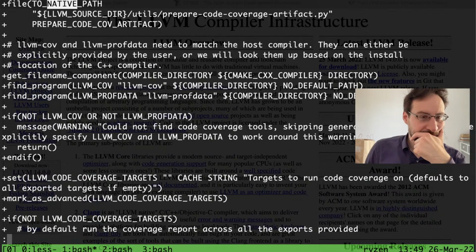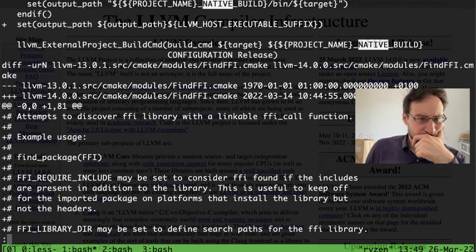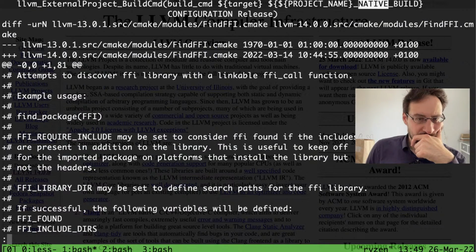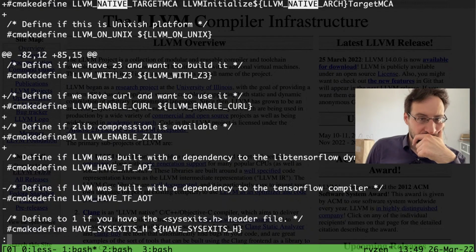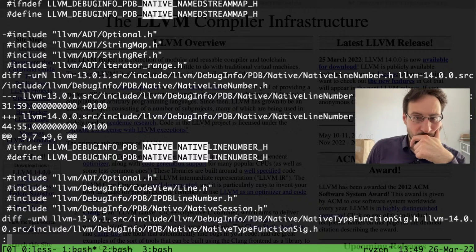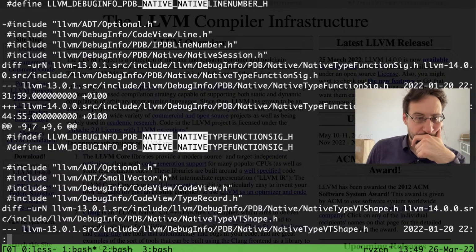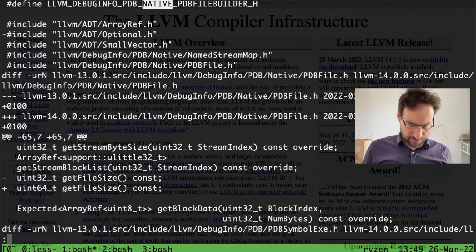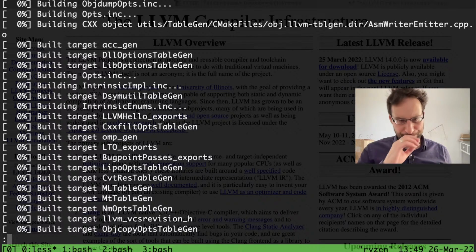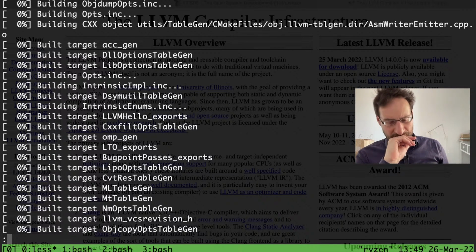Native, let's see. To native pass. Output a host executable suffix. Native target. A little bit much stuff for my taste. I mean, we could.